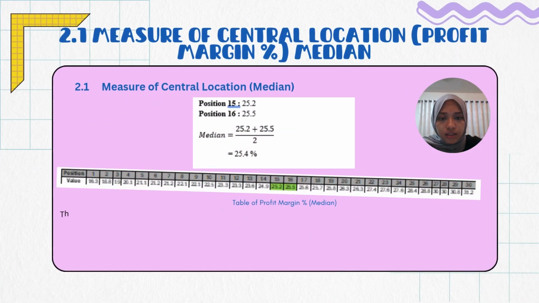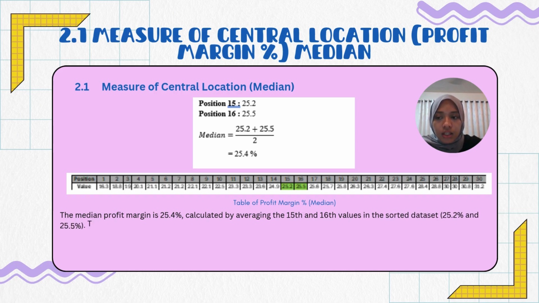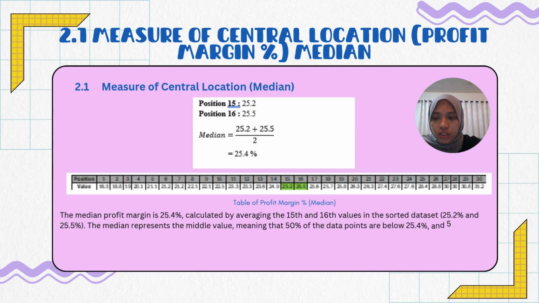Next is to calculate the measure of central location, profit margin median. From the table, we can say the median value is at position 15 and 16. The median profit margin is 25.4%, calculated by averaging the 15th and 16th values in the sorted dataset, 25.2% and